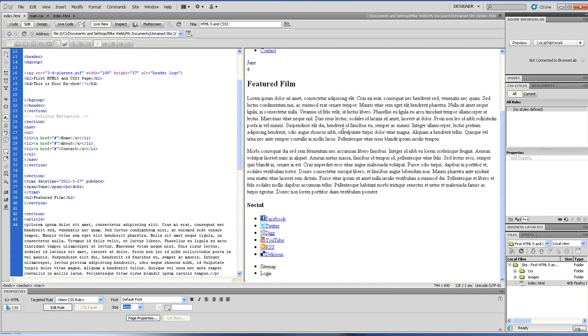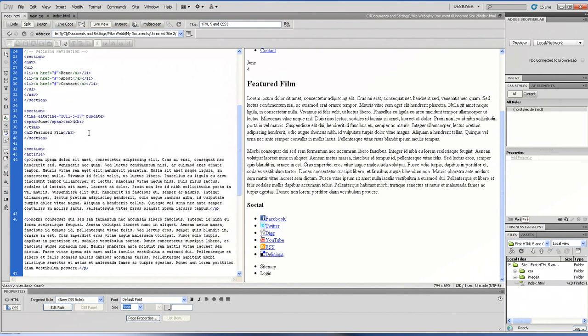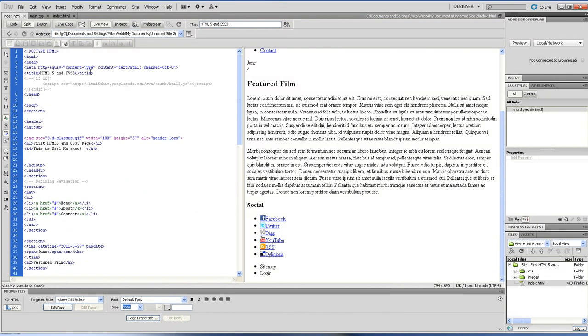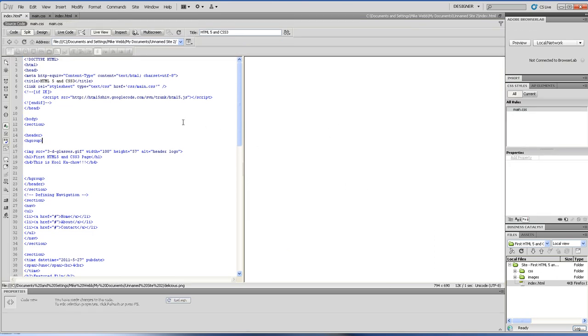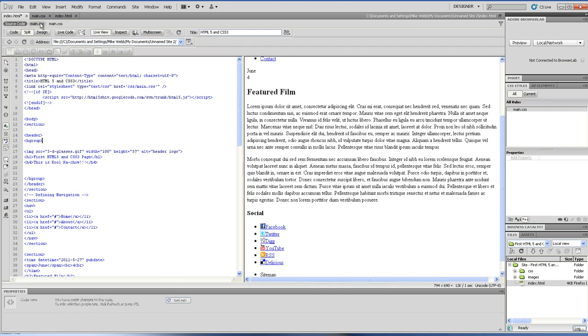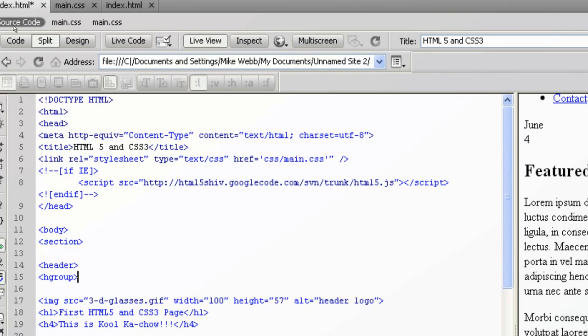This is what we have. Basic HTML5 page. Alright, next thing I gotta do is call in the CSS style sheet. I already have it copied in my clipboard. It's called main.css, and you'll notice right here inside of CS5 that